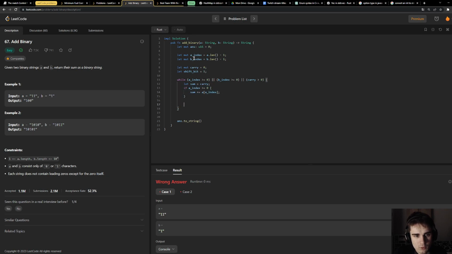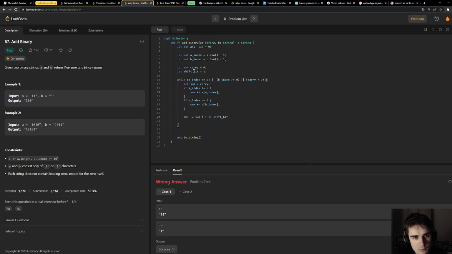We do the same for the current b bits. Ans plus equal sum and 1 shifted by shift bits or weights. Yes, shift bits.